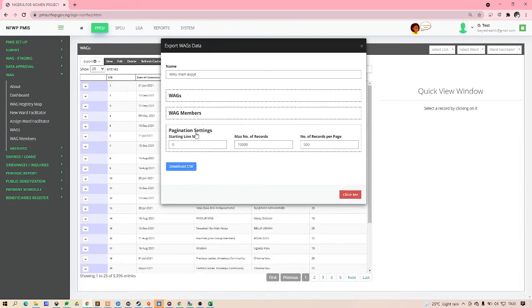And in this last section here, we shall find settings that shall help us to limit the size of our exports. So by default, the maximum number of records that can be exported is always set to 10,000. So if I increase this 10,000 to 15,000 and I go ahead to download this CSV, we would find out